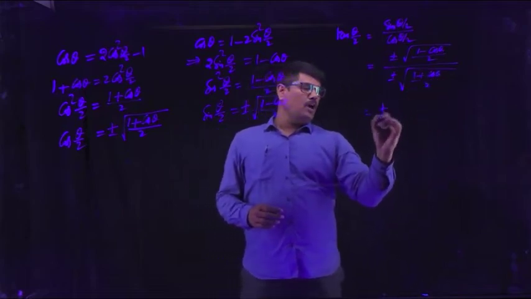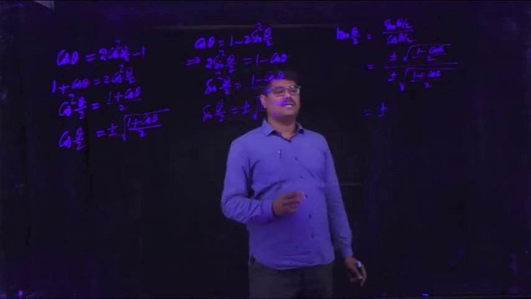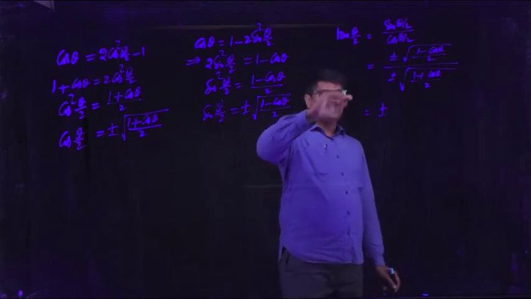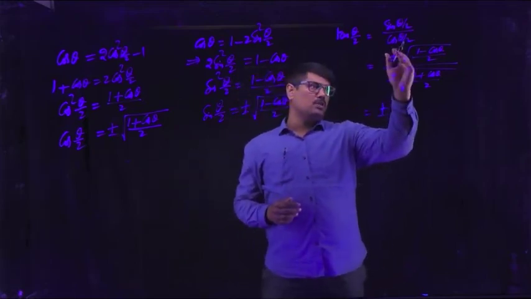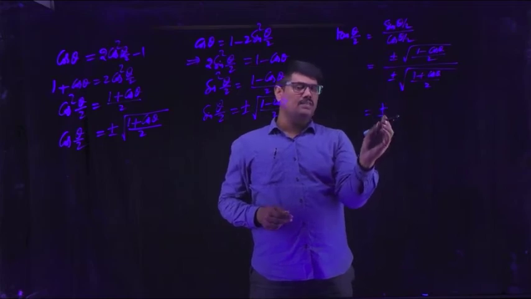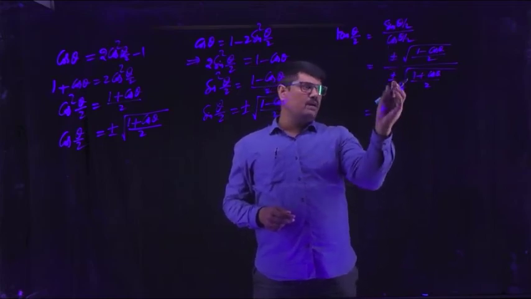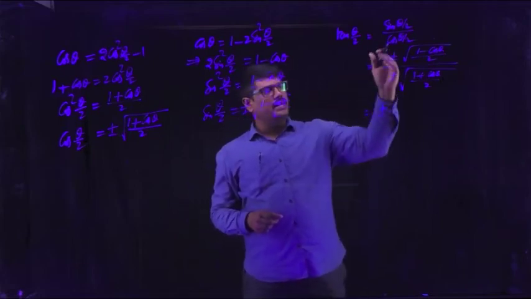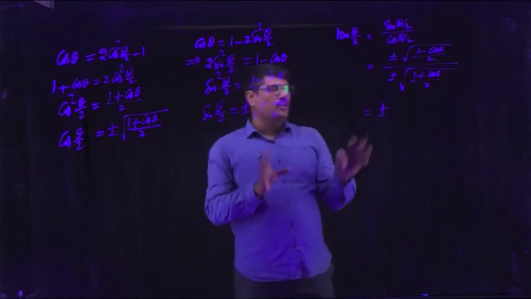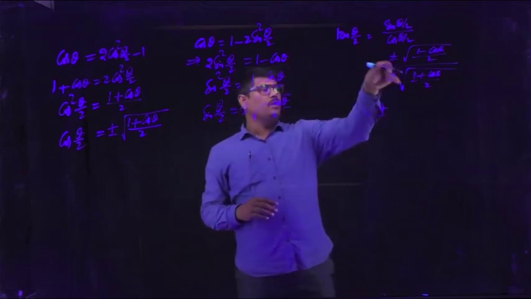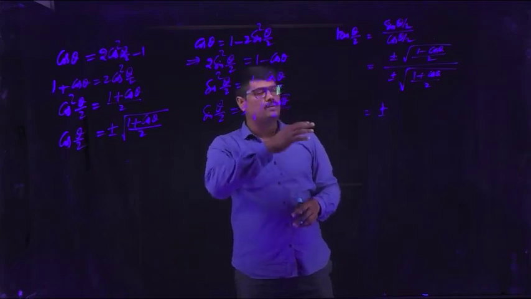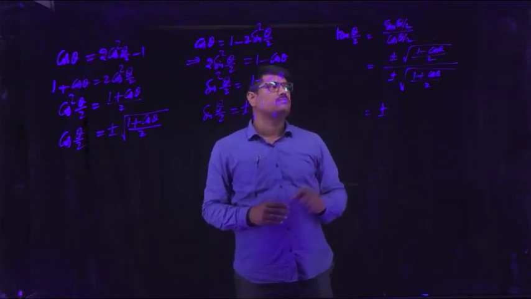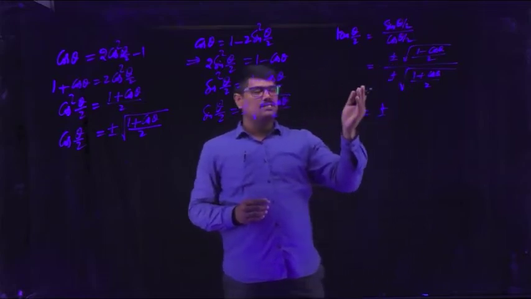So again you have plus or minus, don't cancel both values. Plus or minus is only the indication. It may be plus or minus, not both. If the numerator is negative and the denominator is positive, you will get negative. If both are positive, you will get positive, or both are negative, you will get positive. So you have different possibilities here. Don't cancel both plus or minus in numerator and denominator, and don't understand it as only a positive value. Plus or minus indicates it may be plus or it may be minus.